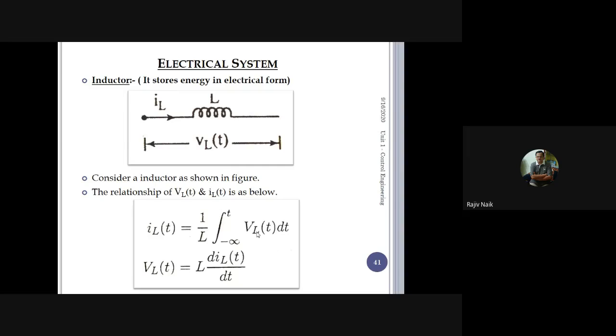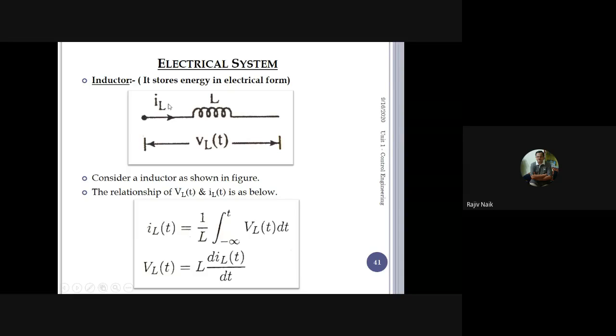And the last one is the inductor. It looks similar to resistance, but it is not the same, as you might have seen. Resistance is represented by a triangular zigzag element, and here this is a coil. The voltage drop across the inductor is represented by VL, and L is the inductance in henries. C is the capacitance in farads. The unit of capacitance is farads, the unit of resistance is ohms, and the unit of inductance is henries. These are the names of the scientists who developed these units.